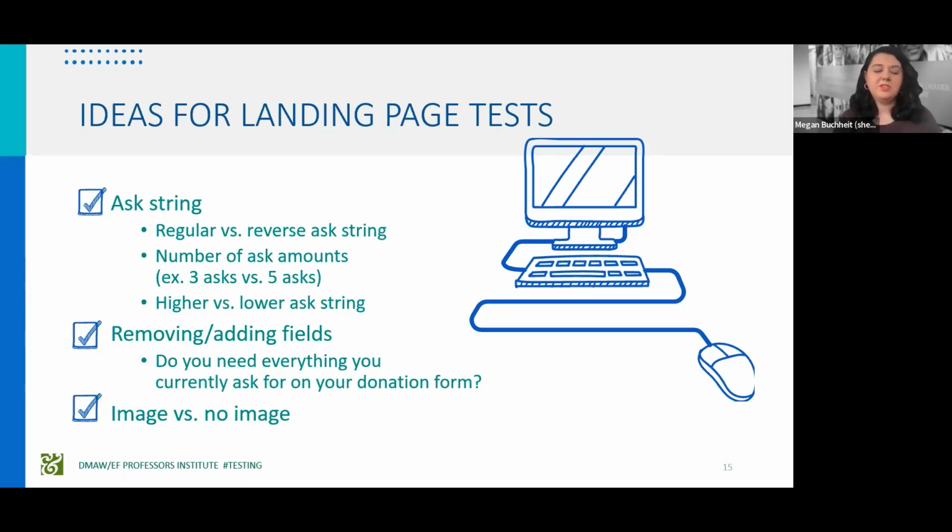We really also want to make sure that those donation forms are mobile friendly and that they're as short as possible, just so people will follow through with making their gift. Throughout all of this, we're really trying to keep a close eye on what the donor experience is to make it as easy as possible for them. We never want them to have to struggle to make a gift or get hung up in the technology of